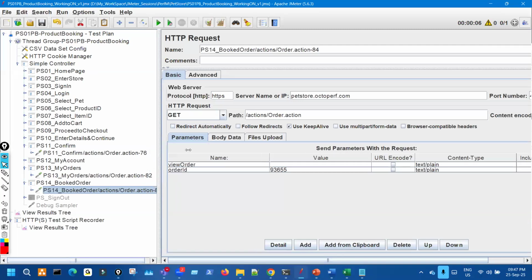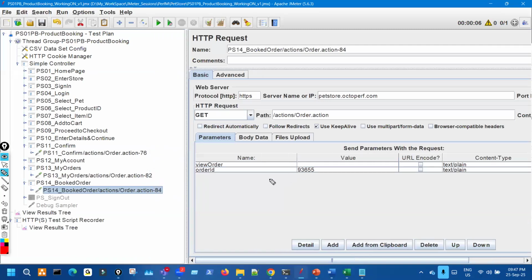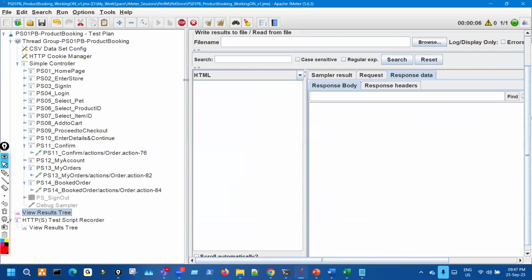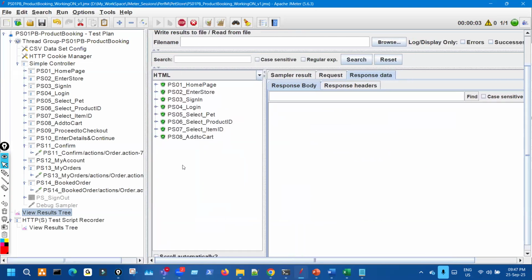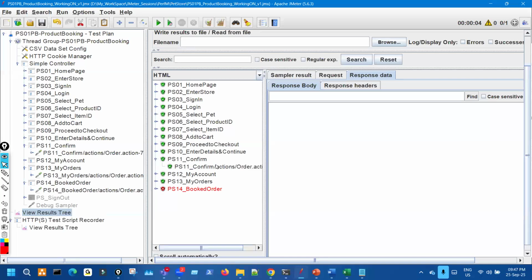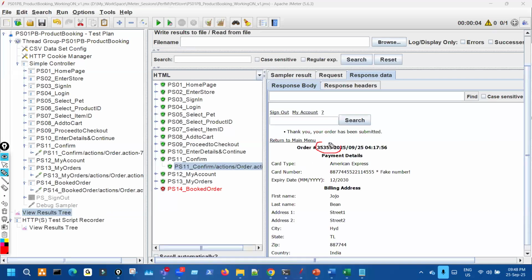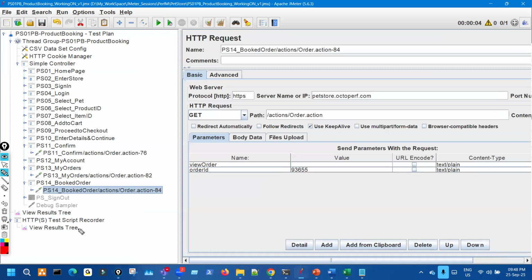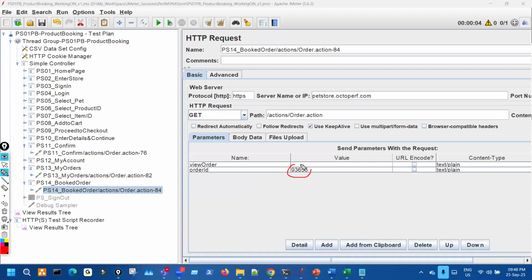So okay. Now, you can do this in two ways. Let us run it one more time. Either you can do it in two ways. In confirm, you know that this order ID is already getting generated. You can search for this, prepare the expression, and pass it over here. Simple. Or you can go the general way, like searching for this value in the response of 76, because